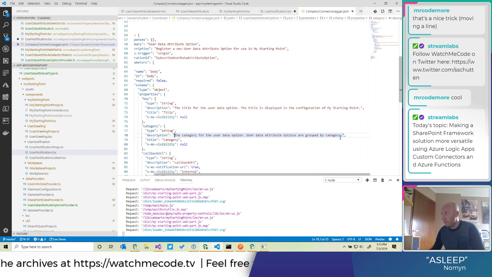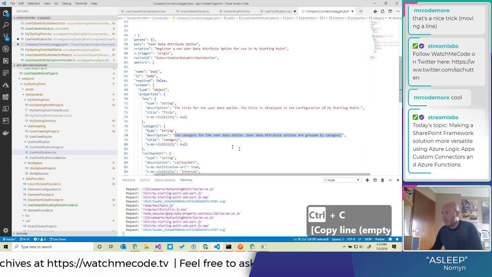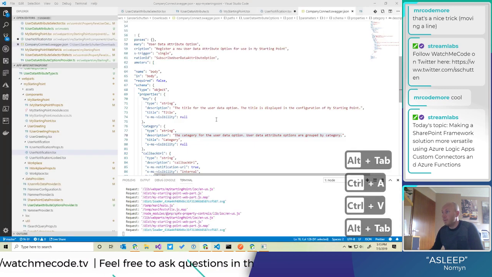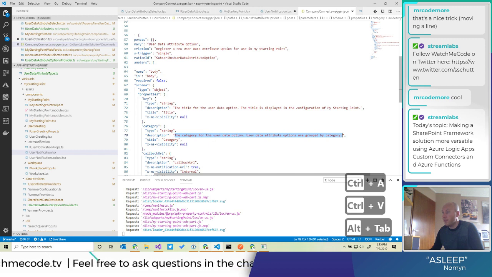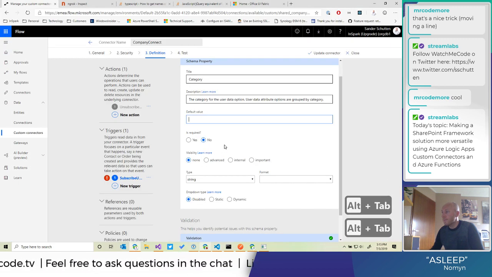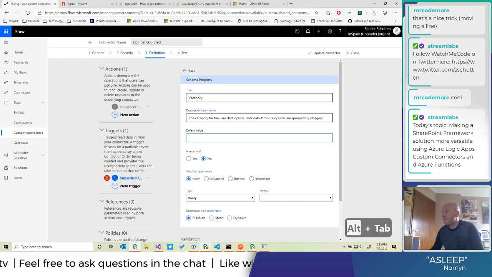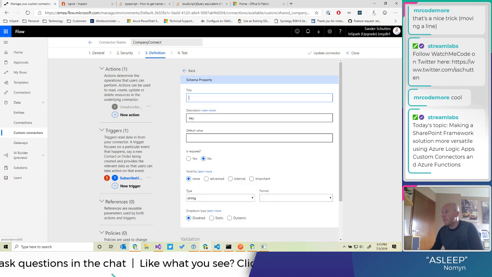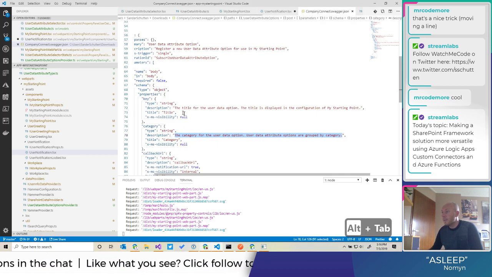So what I could have done is update the specification and re-import, or do it this way. I thought, well, let's show what it looks like if I do it this way. So that's the category, and the key, I believe I renamed it title. Yeah.